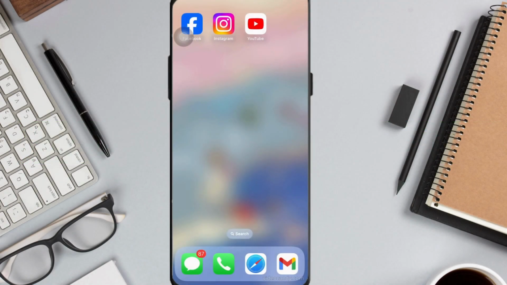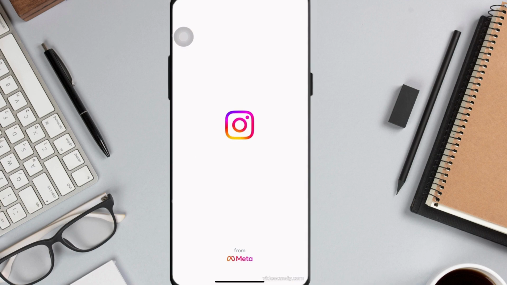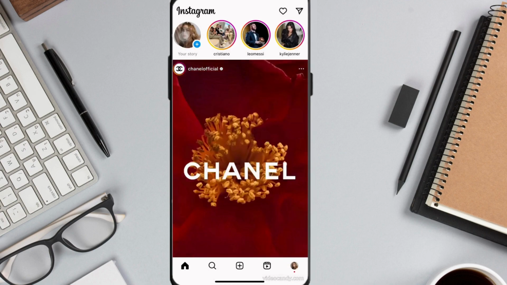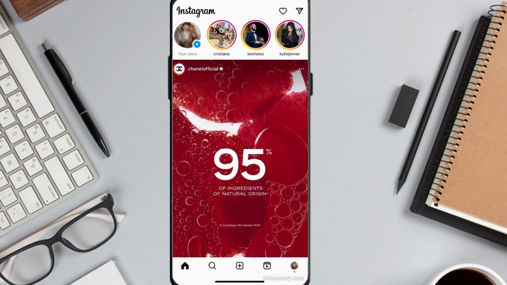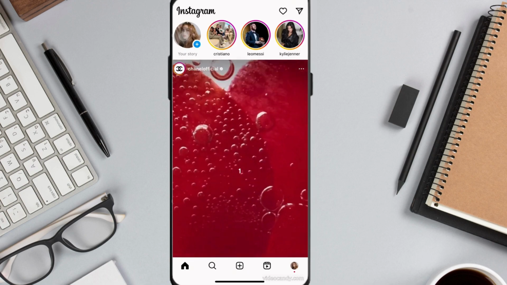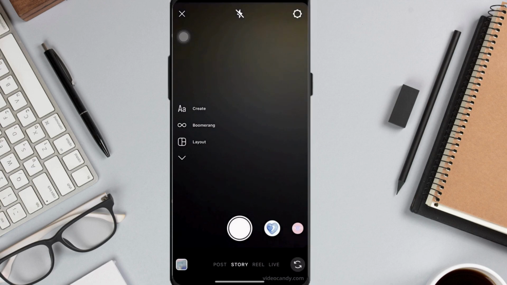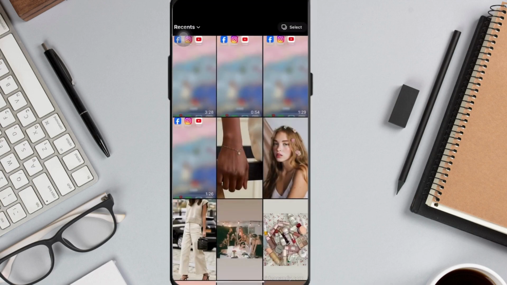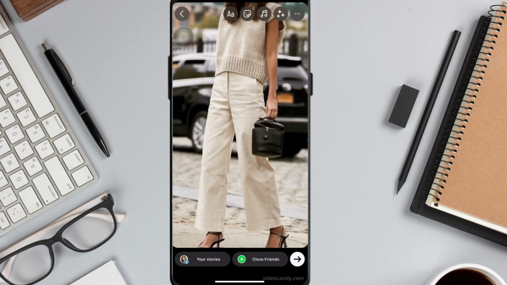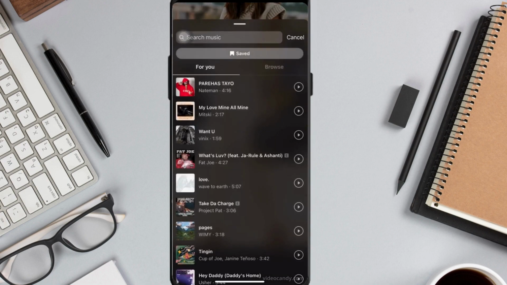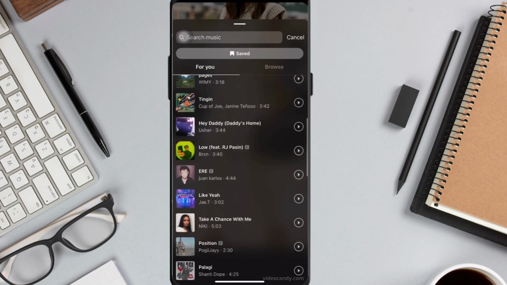Let's get started. Firstly, open up your Instagram app and let's go over Instagram stories first. So go to your Instagram app and create a story by swiping your screen to the right. Then take a photo or a video or select media from your camera roll. Then from here, click the music icon at the top of your screen and then select the song either from